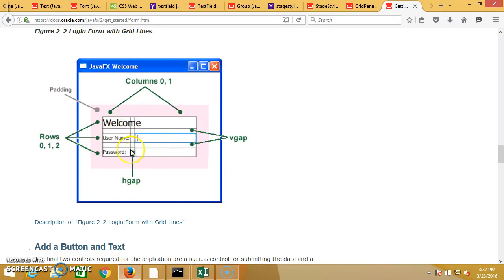So the horizontal gap is the gap between each item that you add into the table. So this is like a grid, like a table. So this is like column 0, column 1, row 0, row 1, row 2, and the V gap is the vertical gap between the rows, the horizontal gap is between the columns,